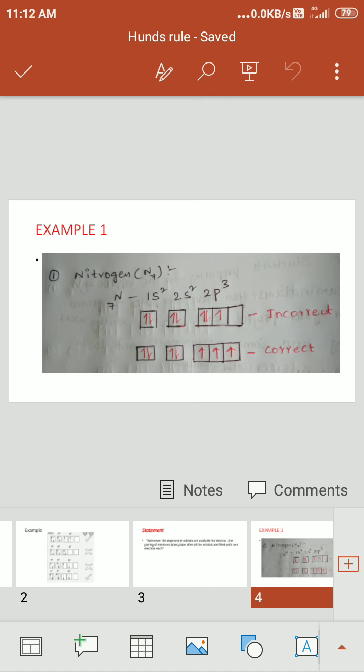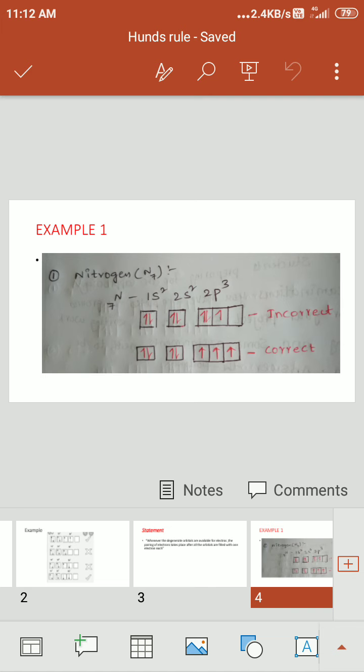In the s orbitals, there are two electrons. One is in the upward direction and another one is in the downward direction. These are the spins of the electrons, and we are writing the electronic configuration in the box method, 1s, 2s, but here 2p3. The p subshell has three orbitals. According to Hund's rule, the pairing of electrons, pair meaning two electrons, takes place after all the orbitals are filled with one electron. Hence the first electronic configuration is incorrect.